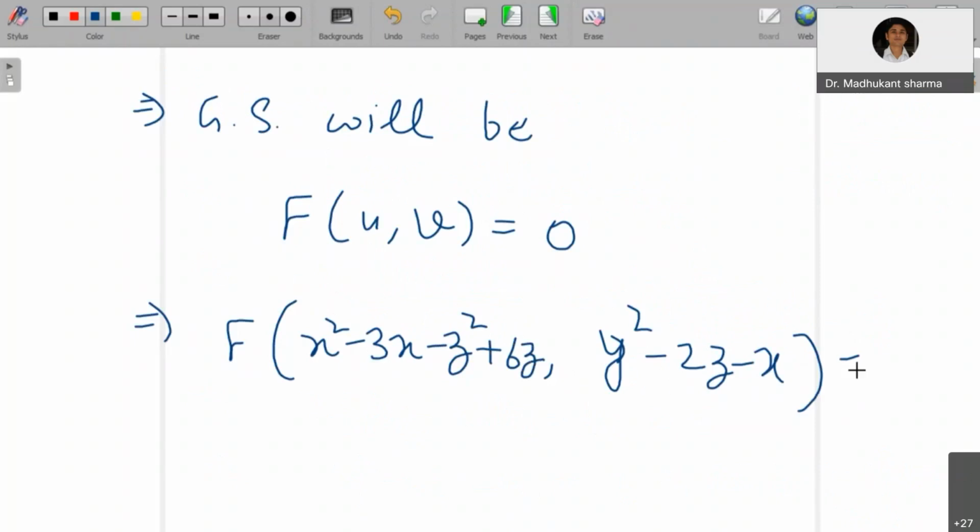So this is the general integral surface, but we are only focused on